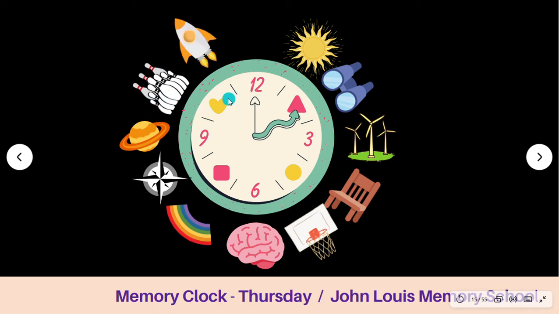Then 11 o'clock, I have taken Apollo 11 rocket because this is the first rocket that took humans to the moon. That's why I have taken Apollo 11 for number 11. Then 12, I have taken a calendar because a calendar has got 12 months. So simple it is. So now we have got a clear picture for every hour for Thursday. Now, what are the things we want to do on that particular day in that particular hour? How can we go about it?